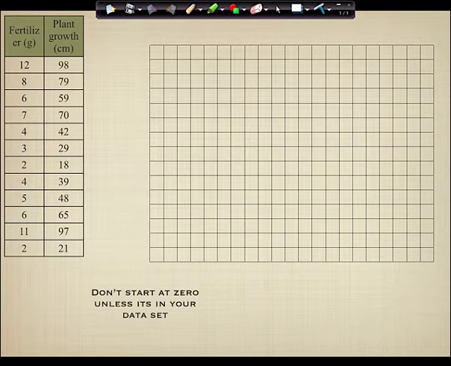So there are no 0 grams, there's no 0 growth, so we will not start at 0. These are rules that you need to know about graphing in a chemistry class. Do not start at 0 unless it's a part of your data.